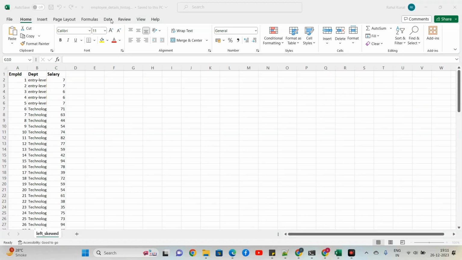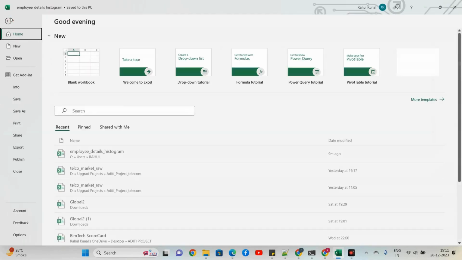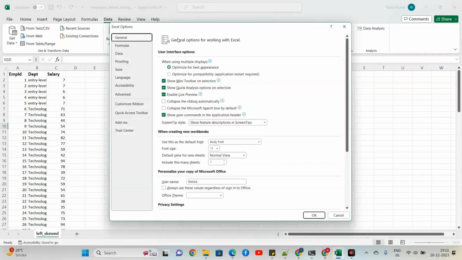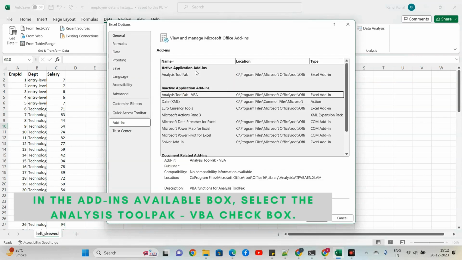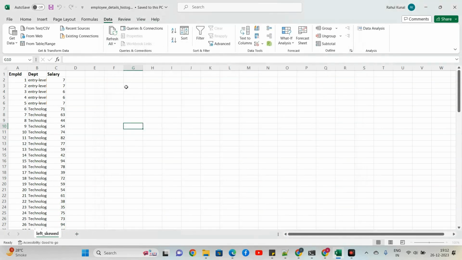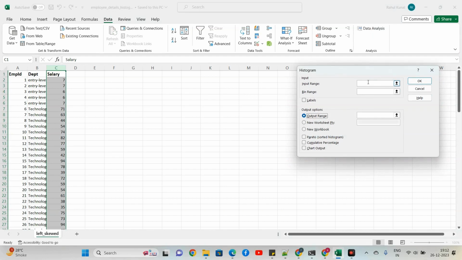In order to create our histogram, we need to go to the data tab and search for the data analysis tool. If you don't have this tool, you have to go to file, options, then add-ins, and add the analysis tool back. I have already added it, so I'm not going to add it again. Now we are going to see how the salary is getting distributed using this histogram. In the data analysis tool, we have the histogram option, and it wants an input range,